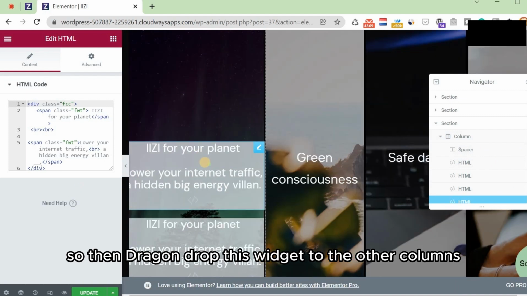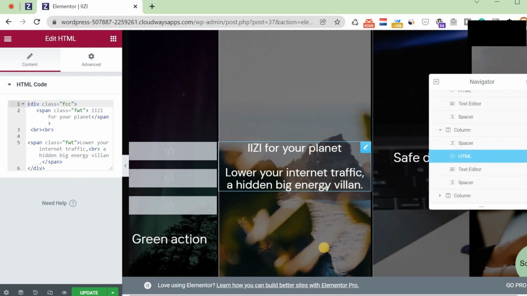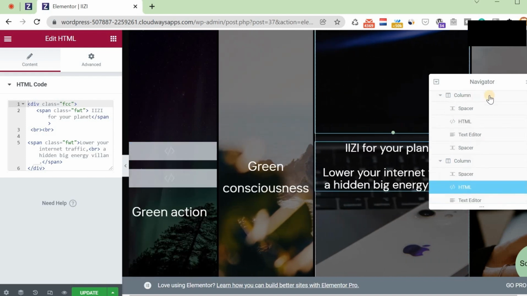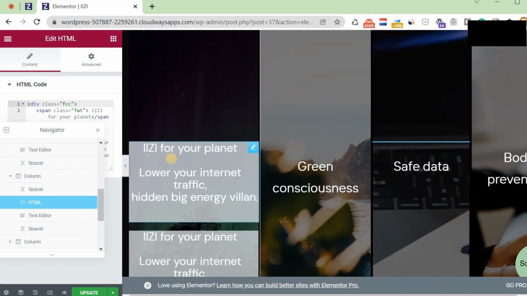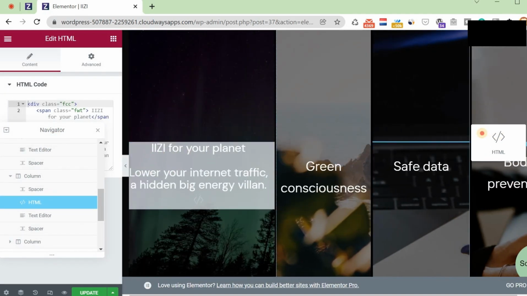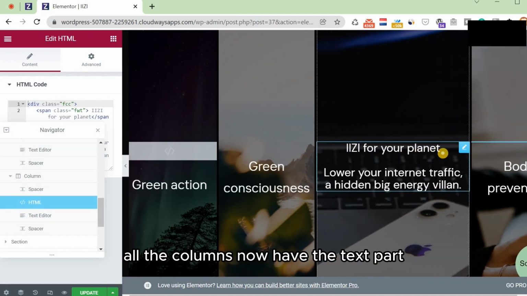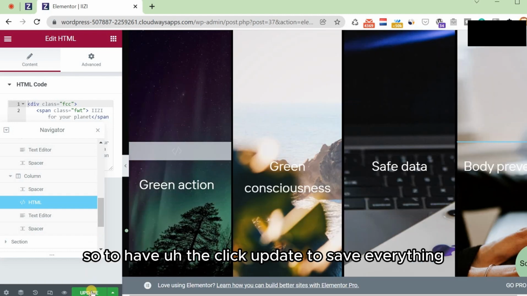Then drag and drop this widget to the other columns. So what we have here is all the columns now have the text part. Then click update to save everything,